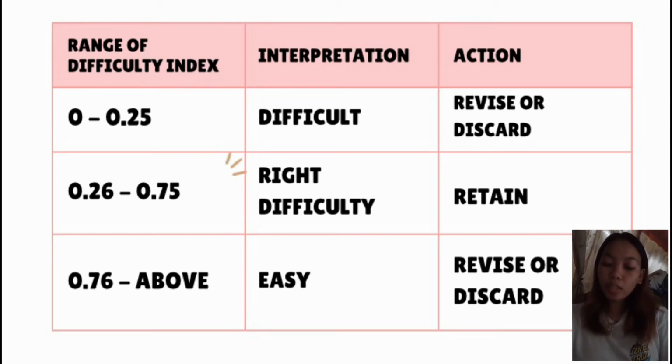Interpretation, difficulty, and action: 0.26 to 0.75 is right difficulty, retain; 0.76 and above, revise or